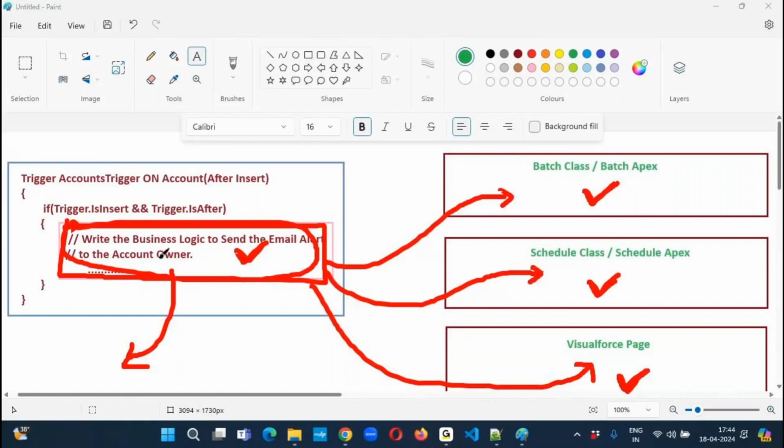Can we call the system.debug method inside the trigger? Yes. Can we use it in this batch class? Yes. In schedule class? Yes. In Visual Force? Yes. Everywhere we can call it because it's a separate class method. system.debug is a reusable functionality which we can use in every program wherever we want. Similarly here also, instead of writing this logic inside the trigger,